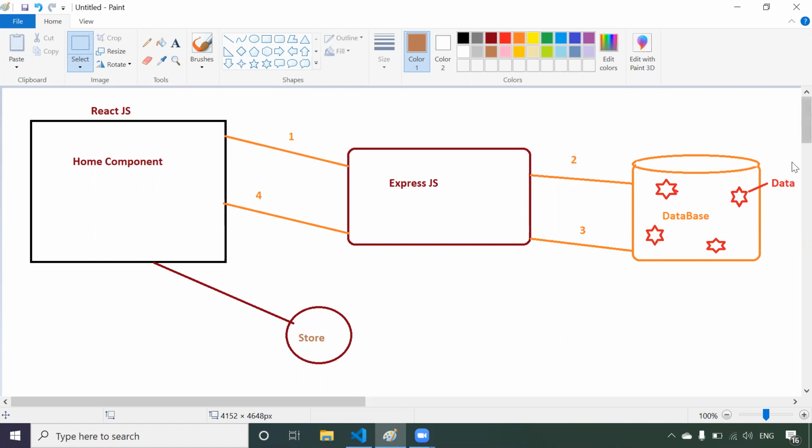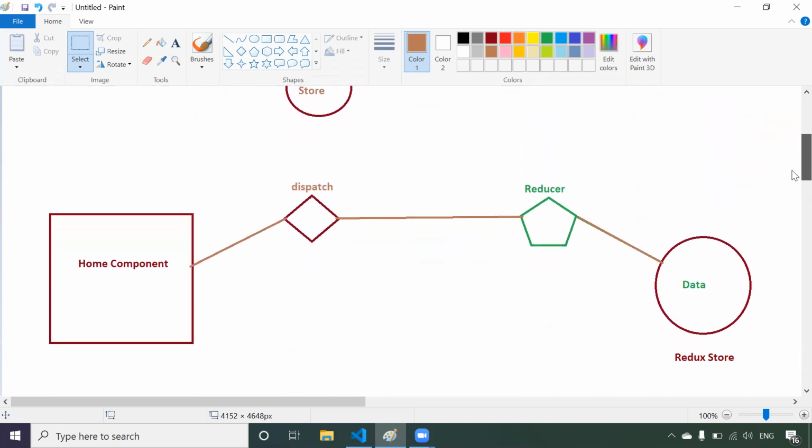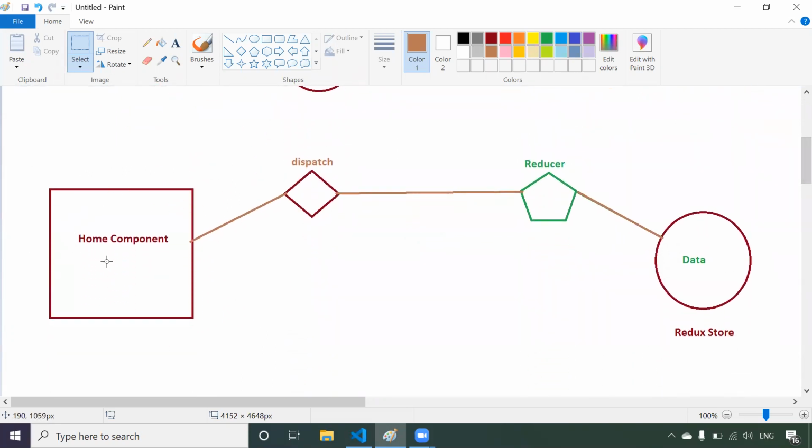Now, if the home component wants to store any data in the store, it cannot directly store the data in the store. So the store says, I have a function called reducer, and this function is registered with us. The component has to pass the data to the reducer so that the store can take the data from this reducer.